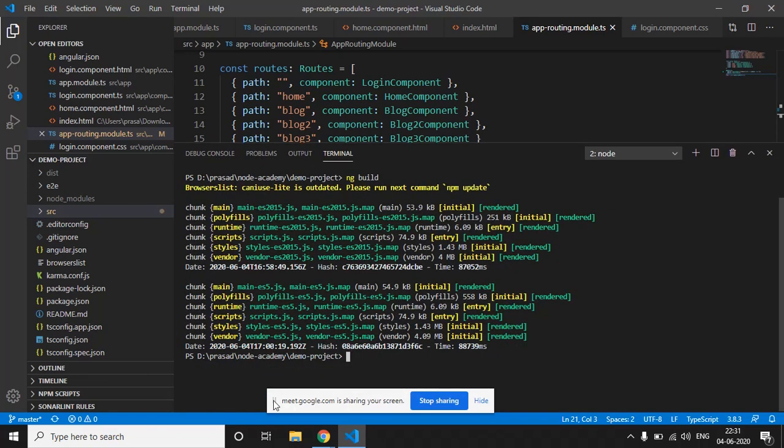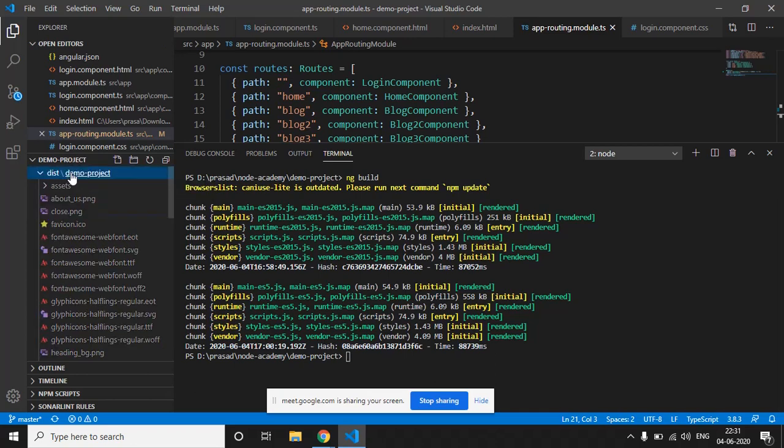Yes, our Angular application has been built successfully, and after the build completed, it created a folder called dist, where it keeps all the content that we have to deploy on GitHub Pages so that we can access it. We can deploy the Angular application in two ways.